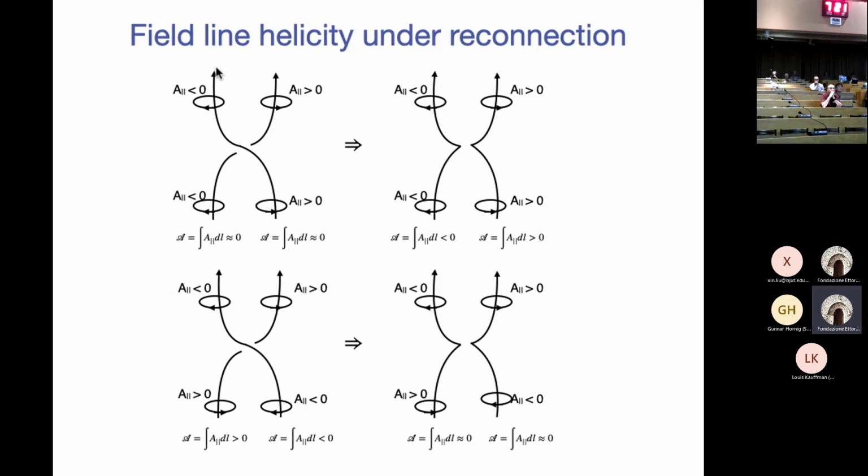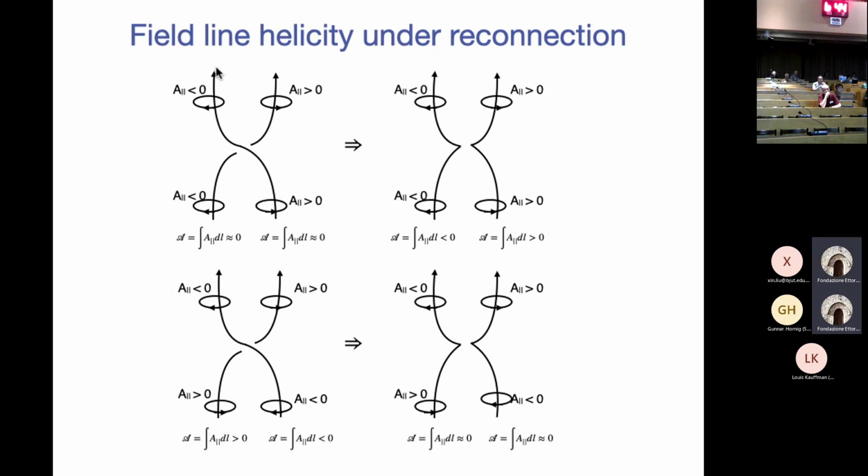Right. Now, that, of course, is not the only option which I have. And I could start with the end state here and look at the reverse process. So I start with a field line which initially has a high value of integral A parallel dl, positive 1, and one with negative 1. Right. And if I reconnect these, then I end up with two field lines which have roughly 0